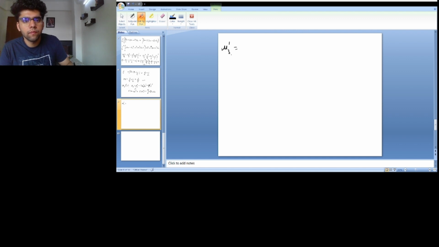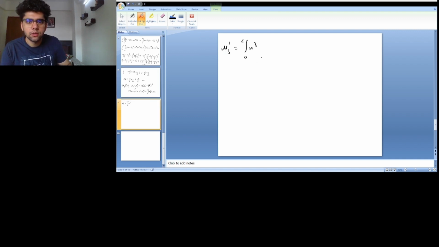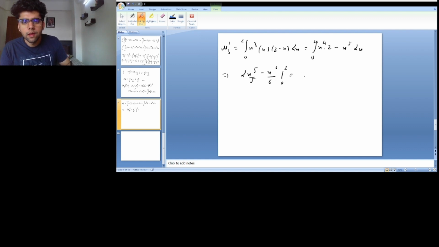So mu 3 dash, the third moment with respect to the origin, is equal to the integral from 0 to 2 of x cube f(x) dx, which was x into 2 minus x dx, which is the integral from 0 to 2 of x to the power 4 into 2 minus x to the power 5 dx, which will give me 2x to the power 5 upon 5 minus x to the power 6 upon 6, from 0 to 2. That is 2 into 32 by 5 minus